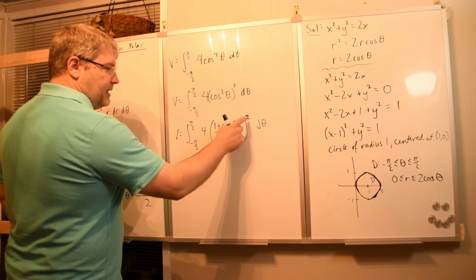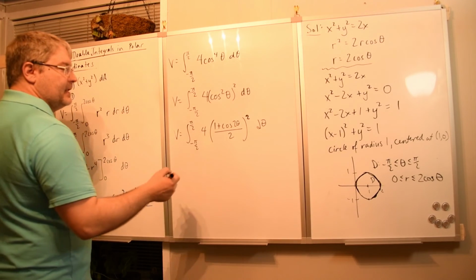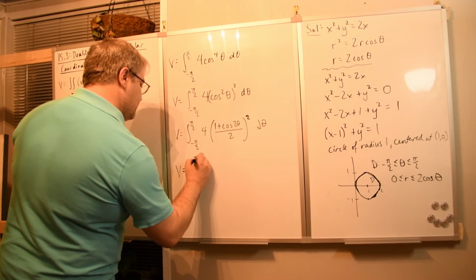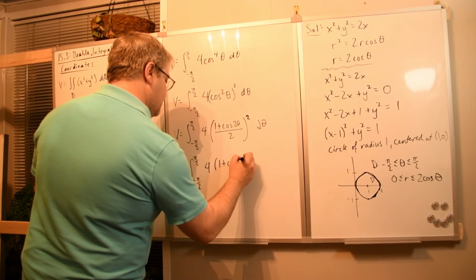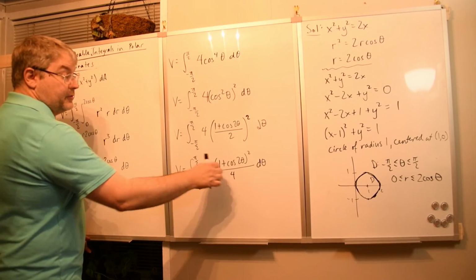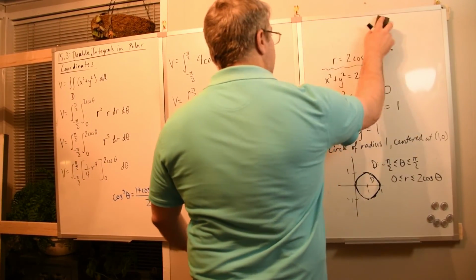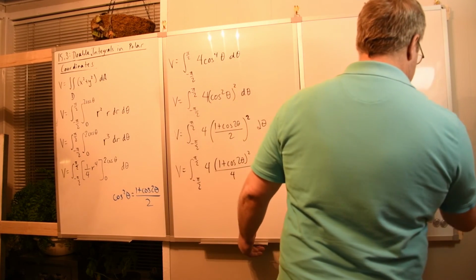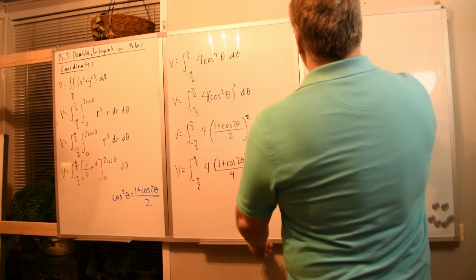We have this expression raised to the 2nd power, so we got to square the top, put it over the square of the bottom. Now, that's going to give us V is equal to integral negative pi over 2 to positive pi over 2, 4 times 1 plus cosine 2 theta squared over 4. 4 is going to reduce out. So we can reduce out the 4's,